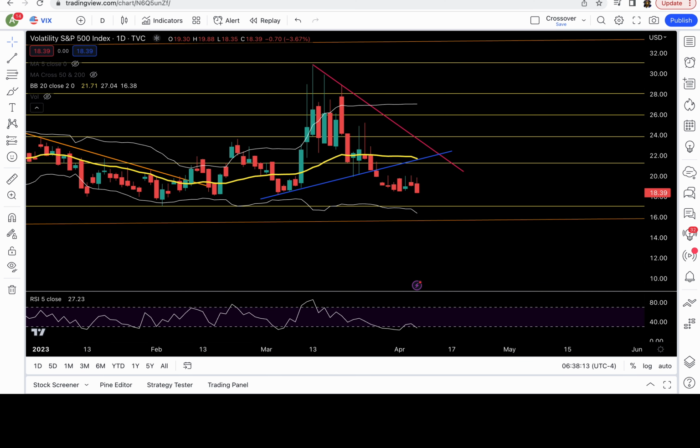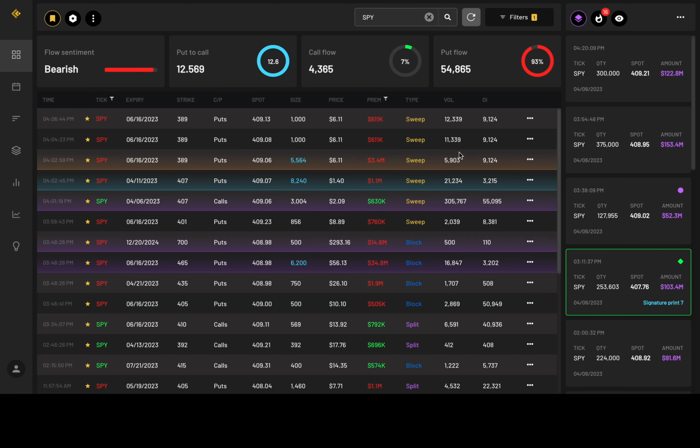Okay, guys? Now let's take a look at the option flow. Filter for 500K premiums or above. Once again, coming in bearish. This one came at the end of the day, right after 4 o'clock. Interesting. So they must be swinging it, I'm assuming. 407 strike price, April 11, 407 strike price for puts. Pretty aggressive, over 8,000 in size, 1 million in premium.